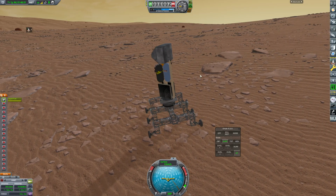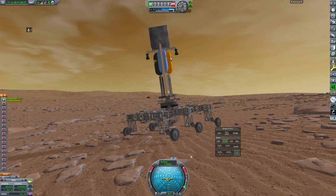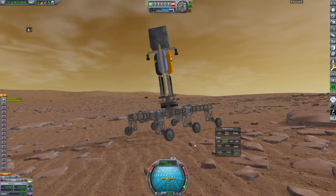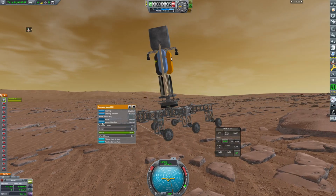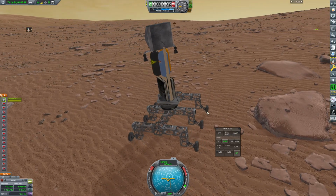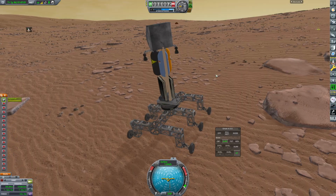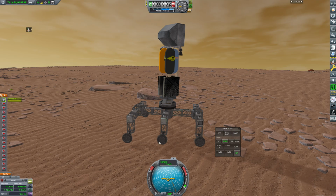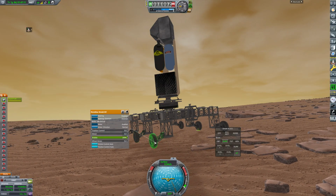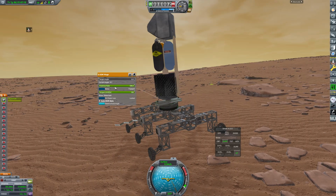Oh, this isn't great. Okay, so our wheels are going in different directions. We tested this, but I'm not sure which wheels are going in what directions. So that's exciting. I'm going to invert the direction on the motors on this side, and we'll see if that fixes it. No, it does not. That is unfortunate. Okay. Wait a sec. Are you not on the ground? Okay. Motor is enabled on all of these. We do need to have our solar panel extended, and we also want to make...